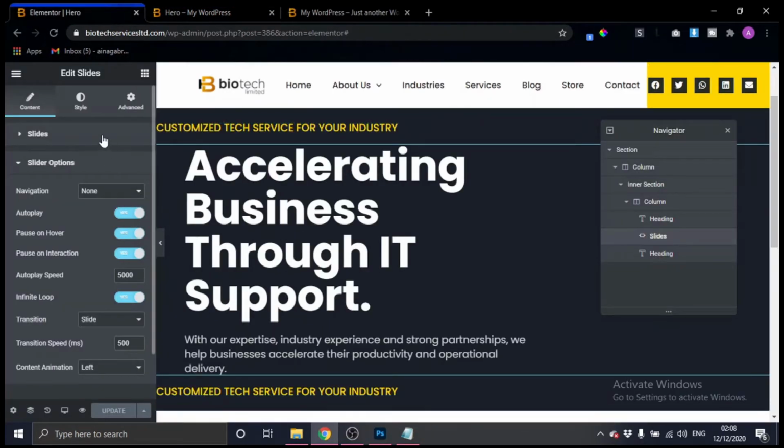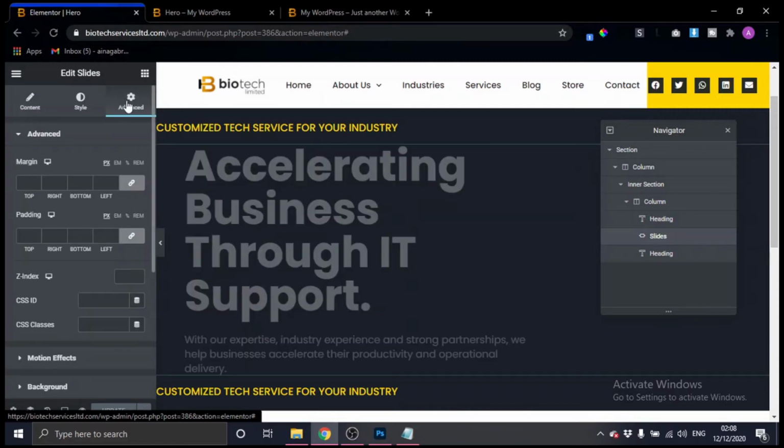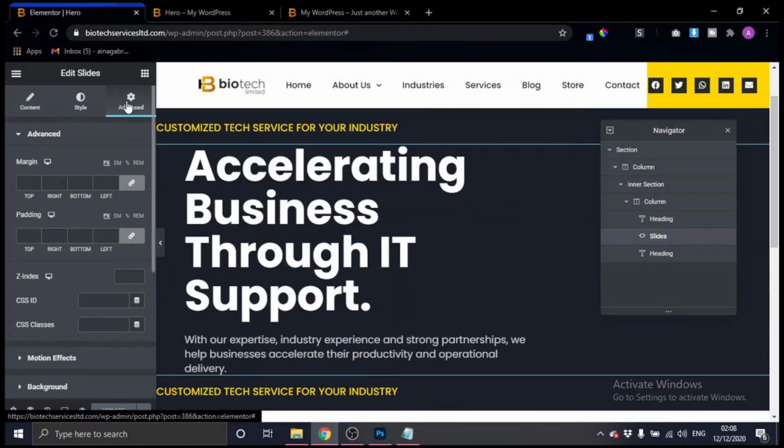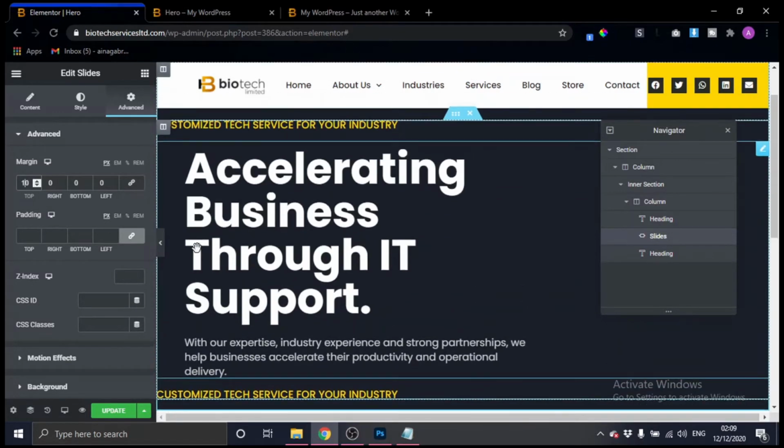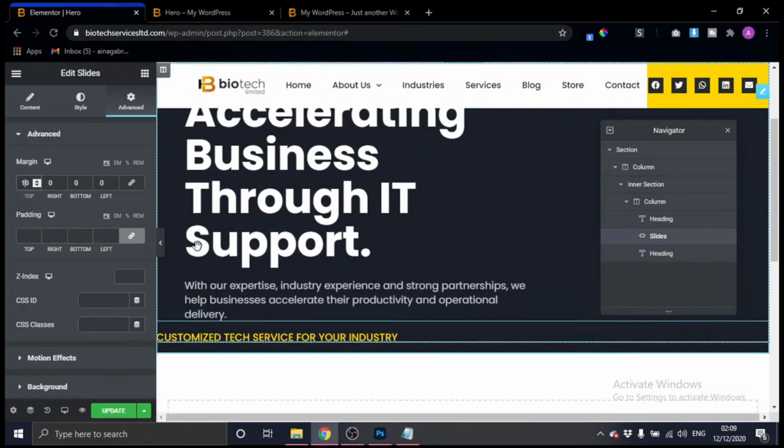All right, let's hit the advanced section here, and then let's give it a margin top of 10. Okay, that looks pretty good to me.